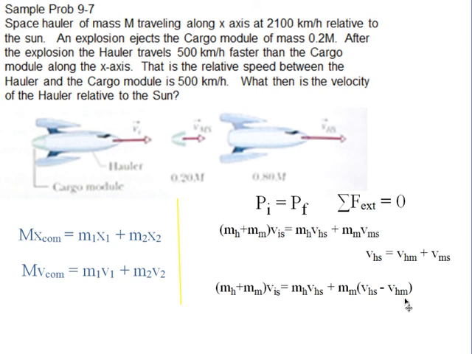Well, how sweet is that? Because I knew the initial velocity relative to the sun. They gave me that. I'm trying to find the velocity of the hauler relative to the sun. There again is that unknown quantity I'm trying to find. And they gave me the velocity of the hauler relative to the module. So I can plug in values and